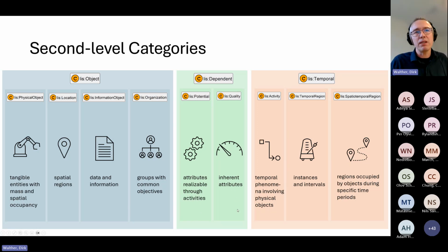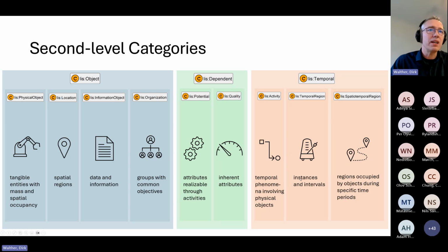Qualities, they are inherent attributes. So my pump will have a certain weight, a certain power consumption. On the right, we have the subcategories of temporal, and there we have activities. Activities are temporal phenomena involving physical objects.